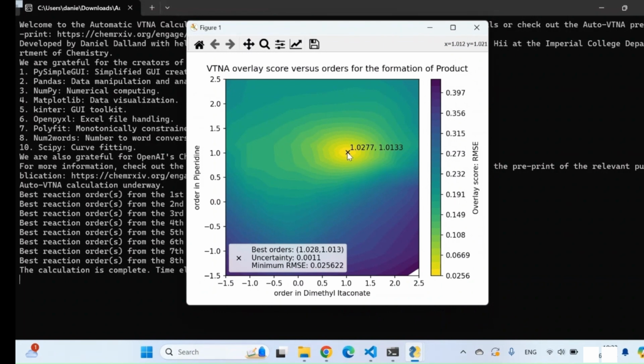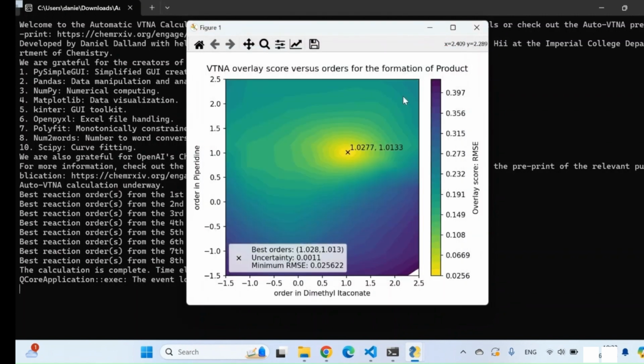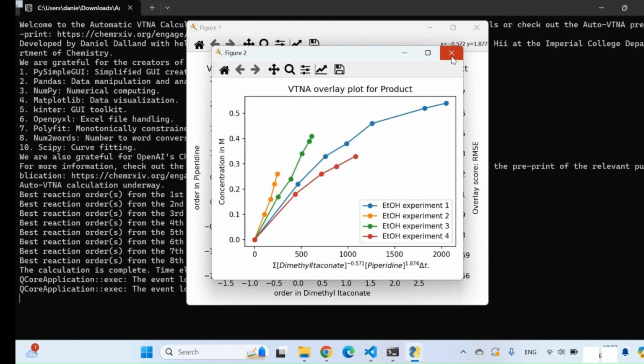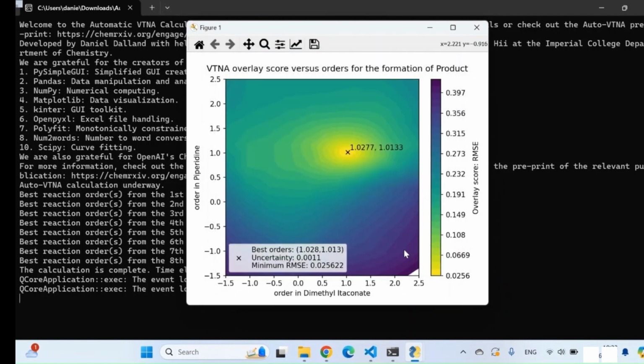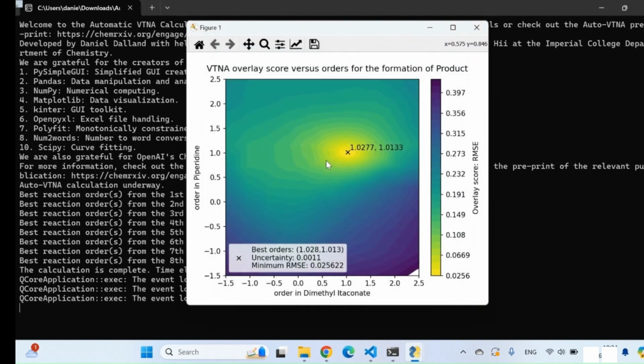And if we click on it with a left click, you can see how the concentration profiles of these experiments are actually overlapping, and it's becoming linear, which suggests that we have integrated out both the terms in our rate equation. We can also click anywhere on this contour plot, and you'll see that there's a poor overlay corresponding to the darker color. You can also right click